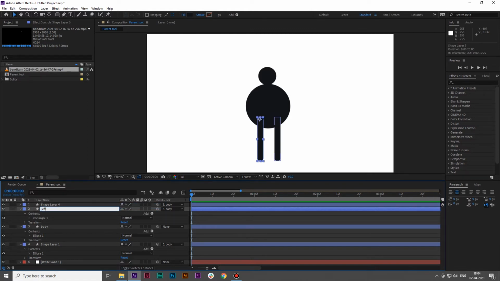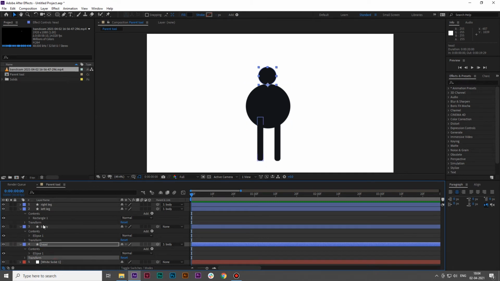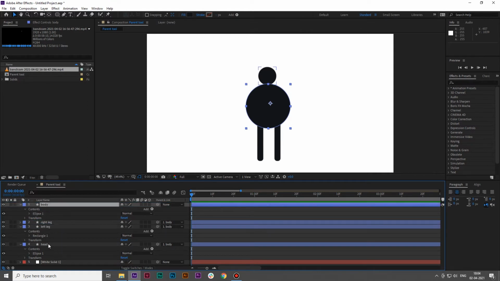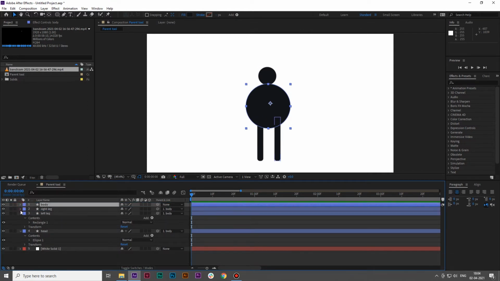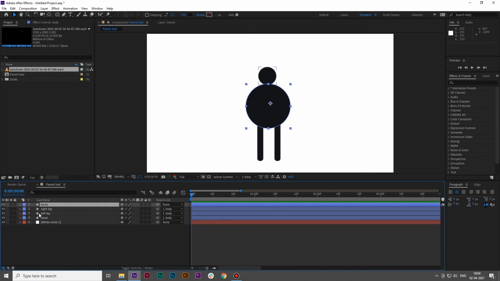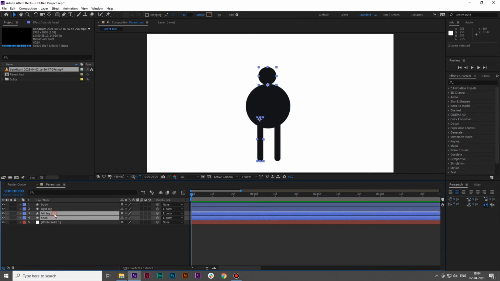This left leg, this one right leg, this one head. Now connect head, left leg and right leg to body through the parent tool.